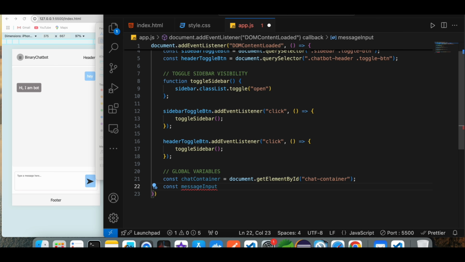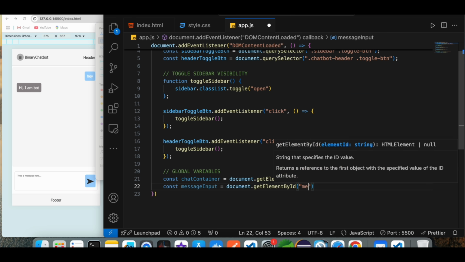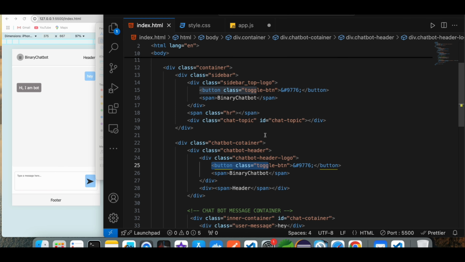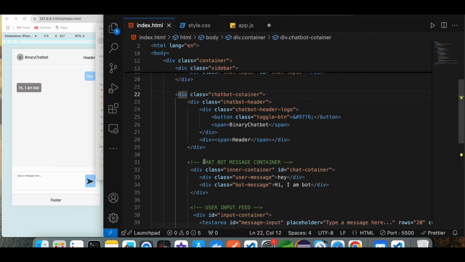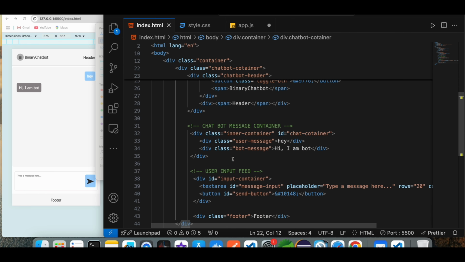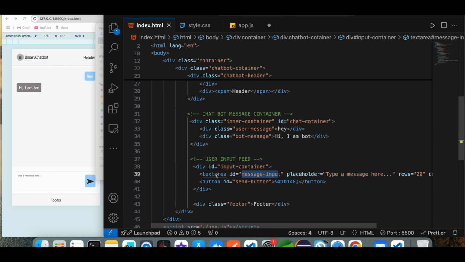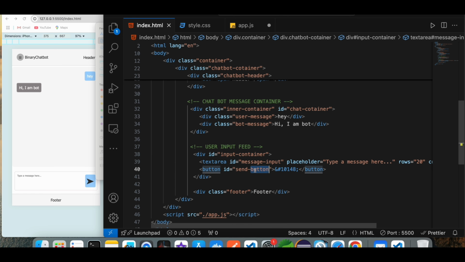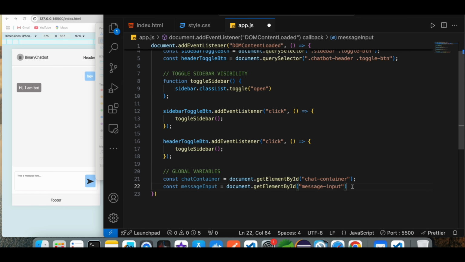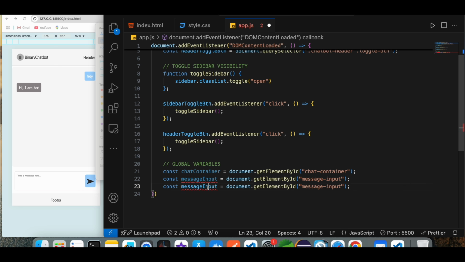First one is the chat container, I get the ID, and second one is the message input where the user writes. So first one is chat container, then this is the message input, this text area, and this button here. The third one is to grab the send button,